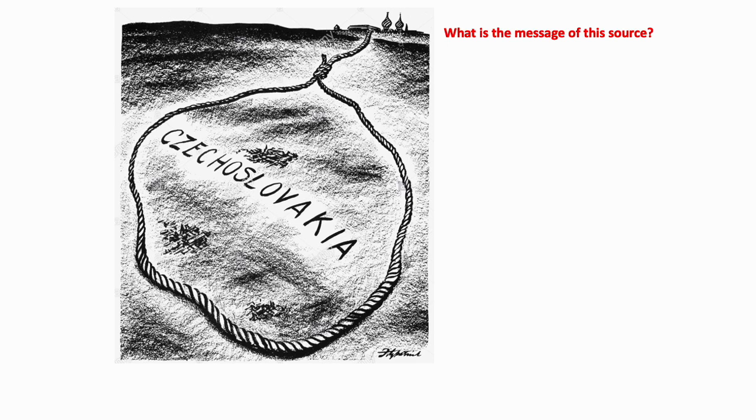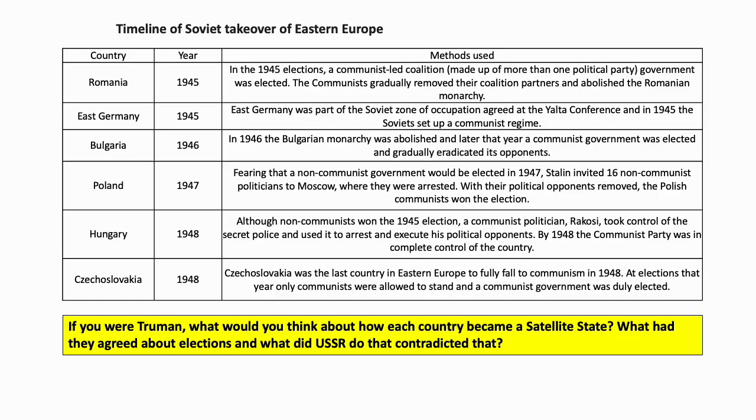All right, so that being said, that's the majority of this lesson now sorted, how each country fell. Let's bring it to a bit of a close. So we can see here this timeline, a bit of a summary. Make sure your notes roughly match these things. You can see that I've talked a little bit more than perhaps you needed to have written, but this is the kind of detail that you might need to include in a little paragraph about the fall of the satellite states, or the joining of the satellite states.